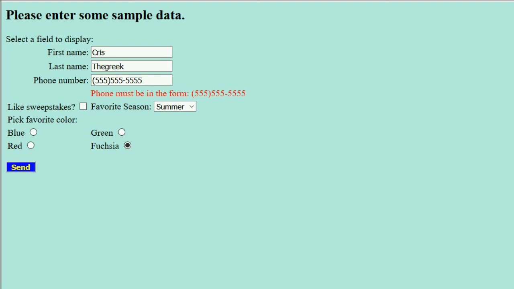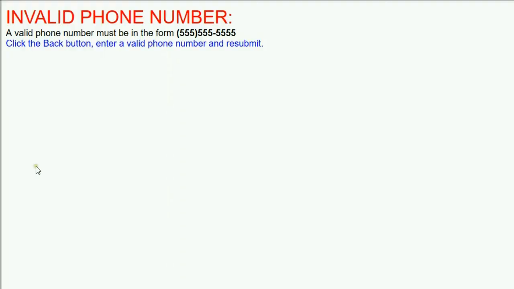One thing to note regarding the phone and the regular expression that handles it: if this is not right, say for example, we go over here and we take out this parenthesis and then we try to submit. Okay, so see what happens here? The phone number does not match the form that we expect as described by the regular expression. So what the program does is it prints this message and quits, exactly